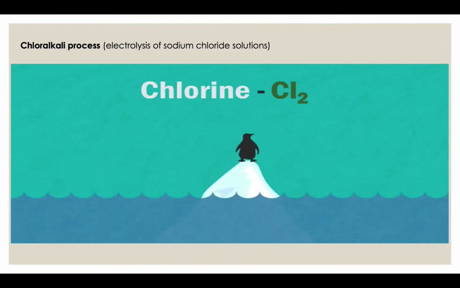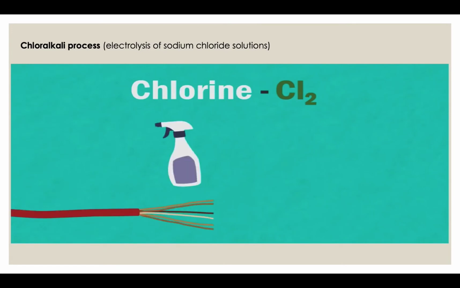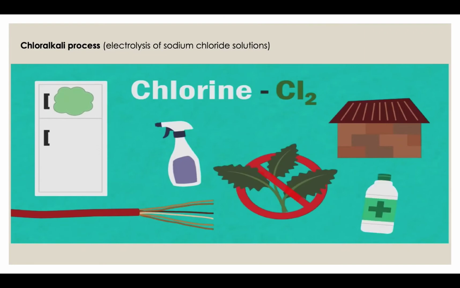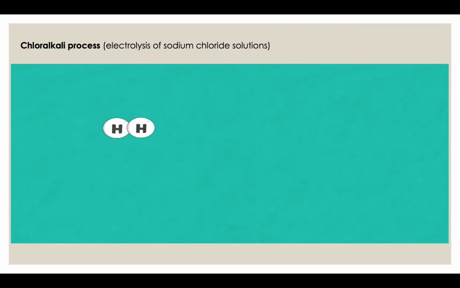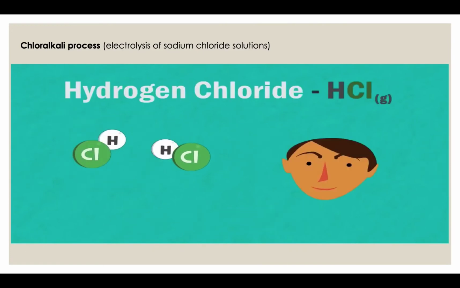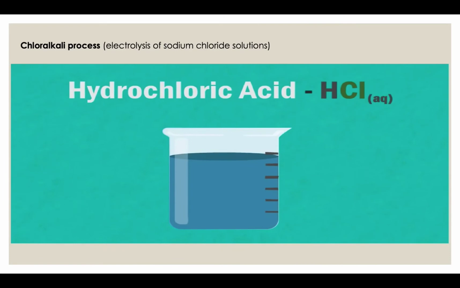But this is only scratching the tip of the iceberg, as chlorine is used to make dry cleaning ingredients, electrical insulators, building materials, refrigerated gases, weed killer, pesticides, and some of the hydrogen and chlorine from the industrial process is combined to form hydrogen chloride gas. It's a rather unpleasant gas, but it dissolves in water to produce hydrochloric acid, which is a very useful acid.